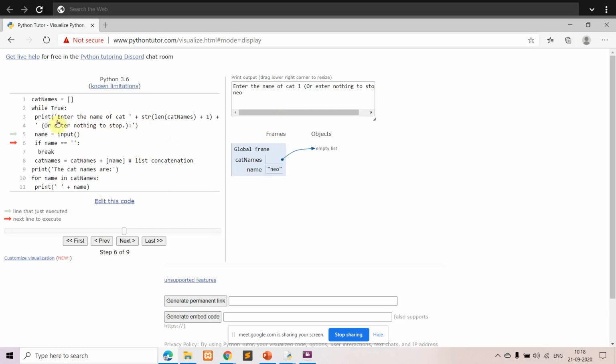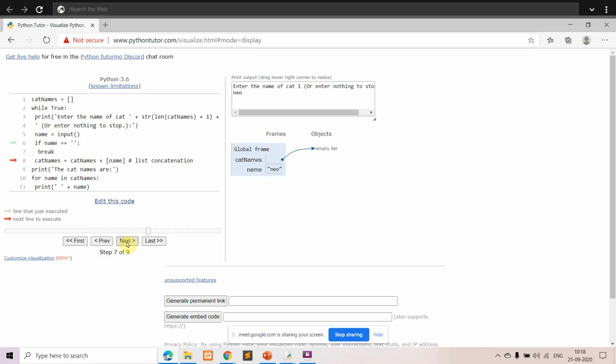So if you want to stop this, so you have given while True, so it will be continuously asking you. If you want to come out of that, you don't type anything. So we'll see, we have written the code for that too here. So what is happening here, it is asking the user to enter an input. Okay, so you have entered the first value, and after that the next statement here is to check if name is equal to empty. So if you have not entered anything, so that is the next condition here. So enter nothing to stop. So if you're not given anything, then we have used the break statement, which is used to come out of this loop.